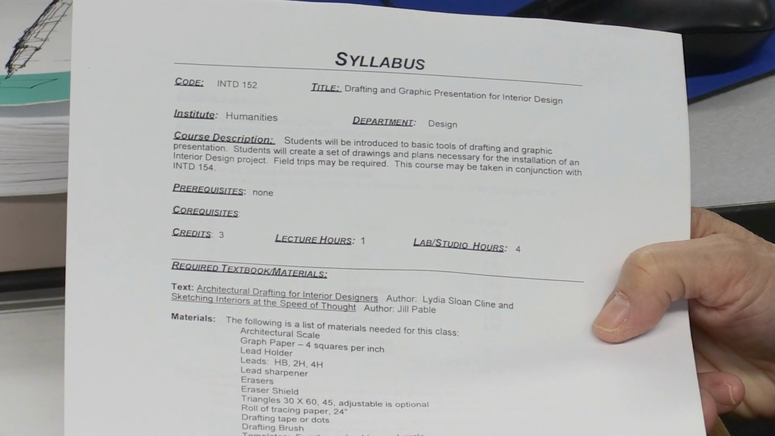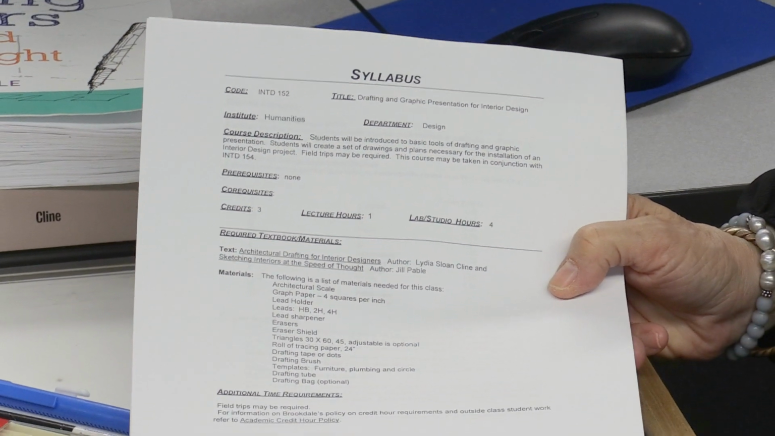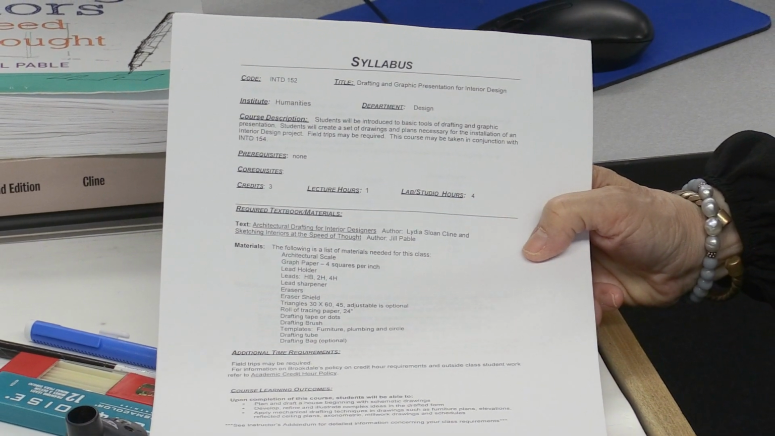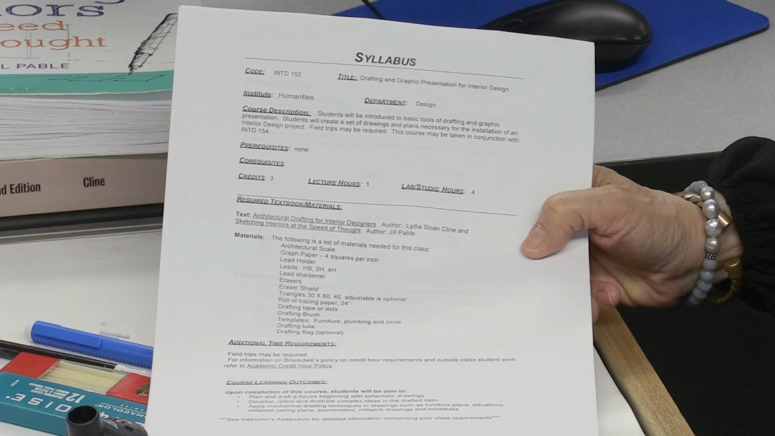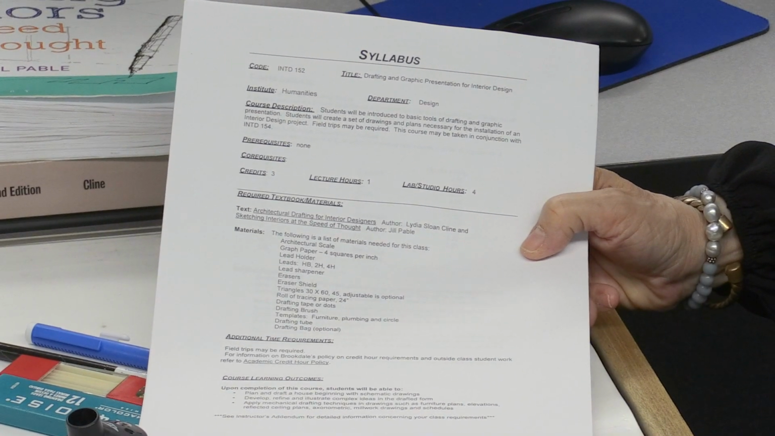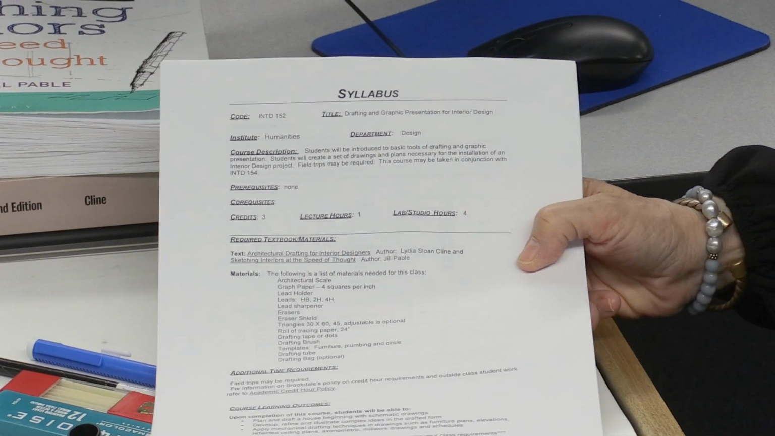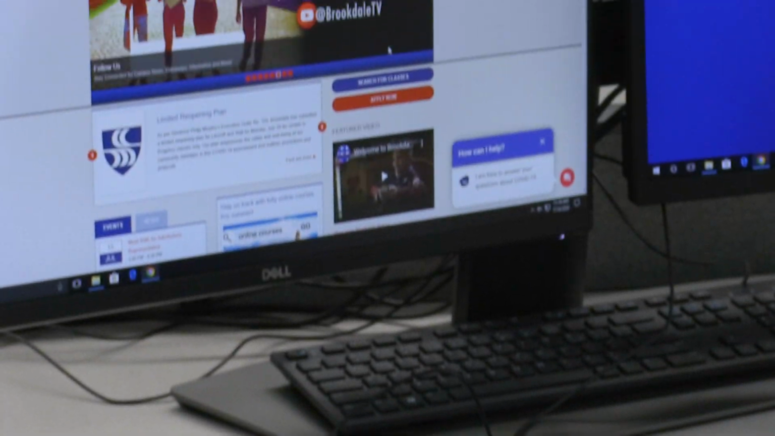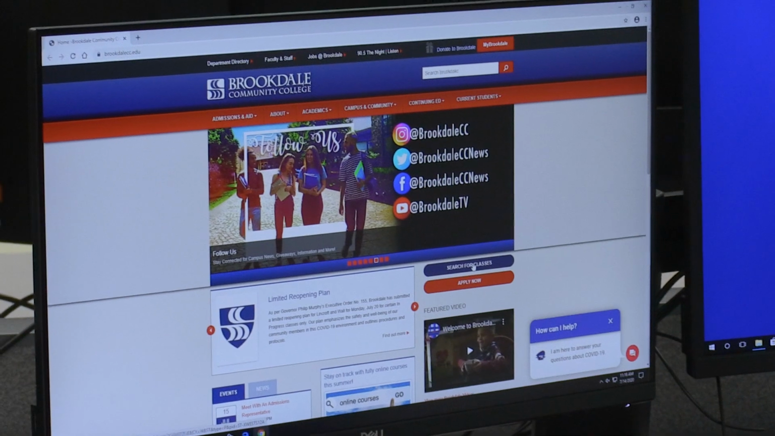I'd like to show you how to access the syllabus for our course. And I'd like you to know that the syllabus is a guide, so it lets you know what's expected of you in your courses. To access it on the Brookdale website, you can go to Search for Classes